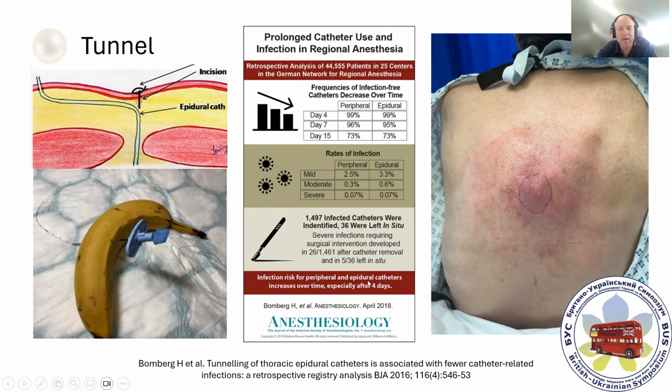And there's nice evidence from this study in Germany. This registry study from 2018 showed that tunneling the epidurals and also peripheral infections reduce the risk of catheter-related infections. And where you do start seeing catheter-related infection, it's very important to monitor the patient and remove the block, treat their pain in a different mechanism, and then keep a close eye on it thereafter. Because even though the block has been removed, or the catheter has been removed, there are still potential for the infection to reach important sites such as the central nervous system